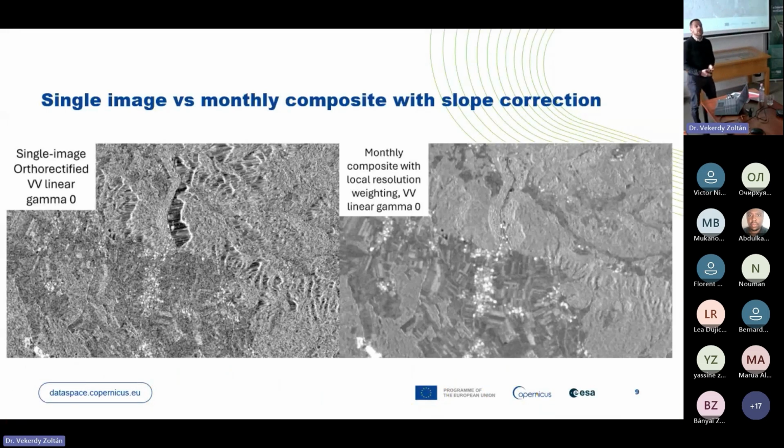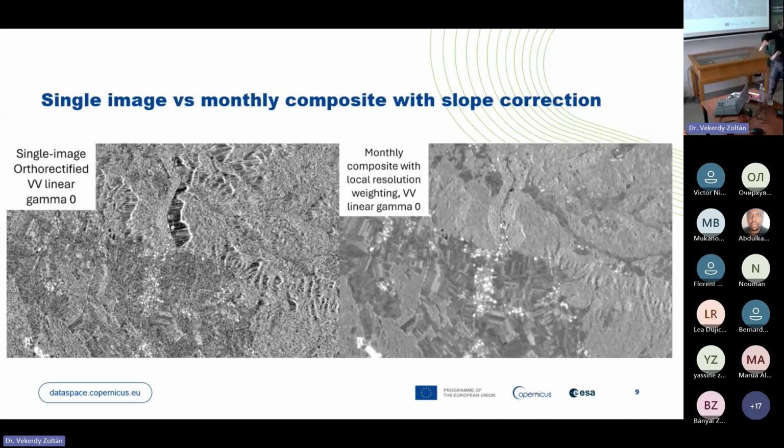Okay, and then again, since we are looking from the side, slopes are influencing our signal very heavily, but we can use the terrain model to figure out these processes and to correct for these slopes. So what we see here is a very strong effect of the slope. We have a hill like this. The sensor is coming from over there, and that means that this part of the hill is facing away from the sensor. We're getting very, very low energy, and the pixels are sort of stretched